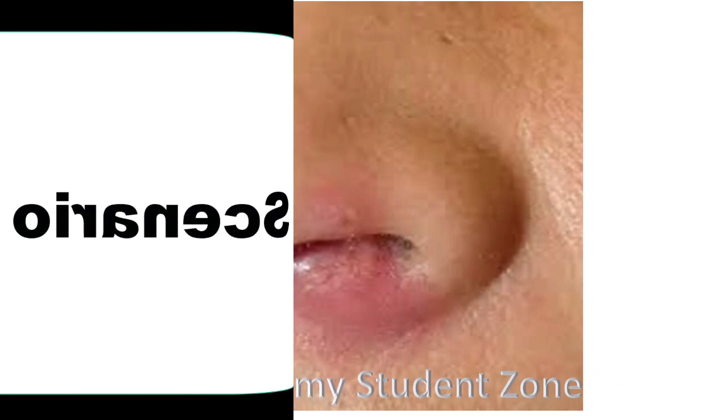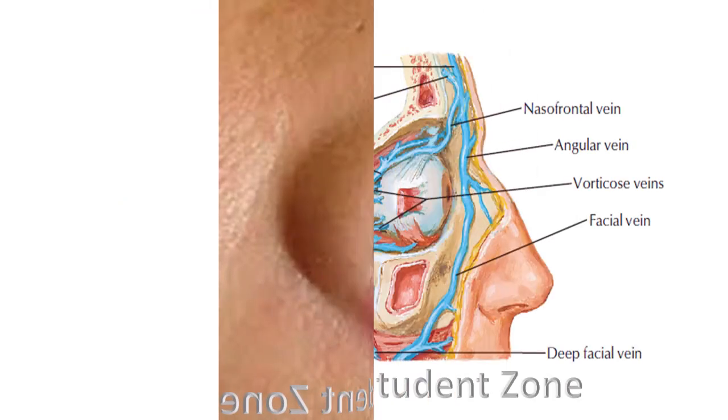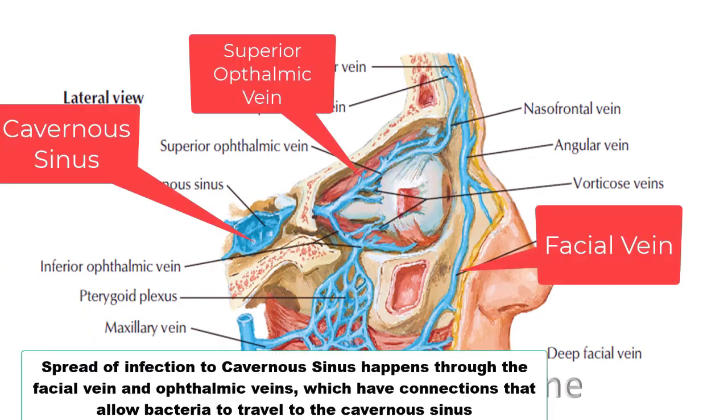Now, if I give you a clinical scenario, I'm sure you are able to solve it. A scenario: a diabetic with a nasal boil develops a double vision. What is the culprit? Of course, it's the cavernous sinus. As I told you, the cavernous sinus can be a route of spread by means of multiple pathways that I described earlier.